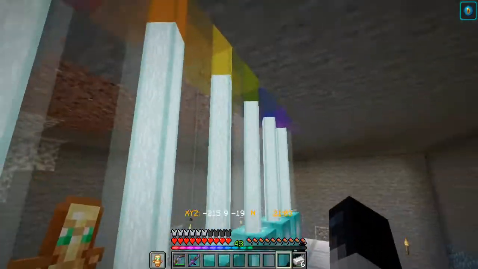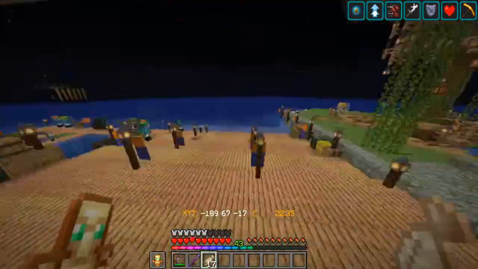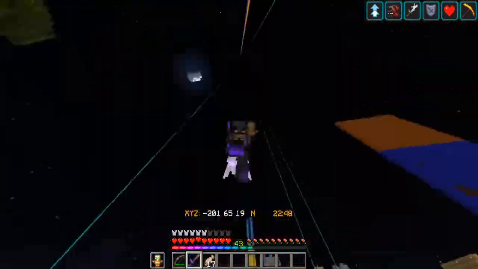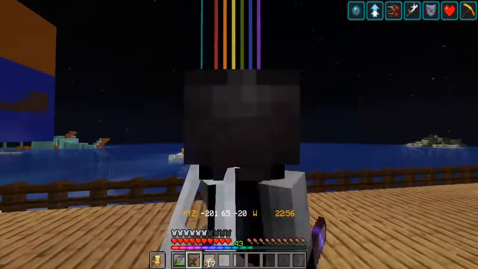Alright, and we got all of our beacons set up with the different colored glass for each one. We got our jump boost on here, loving that. And we also have all the other power-ups as well. So we have speed for running, we've got haste mining, we've got strength up, defense up, and we've got the